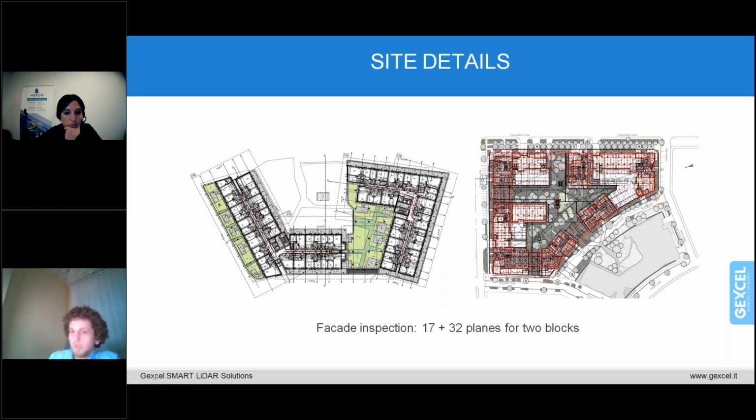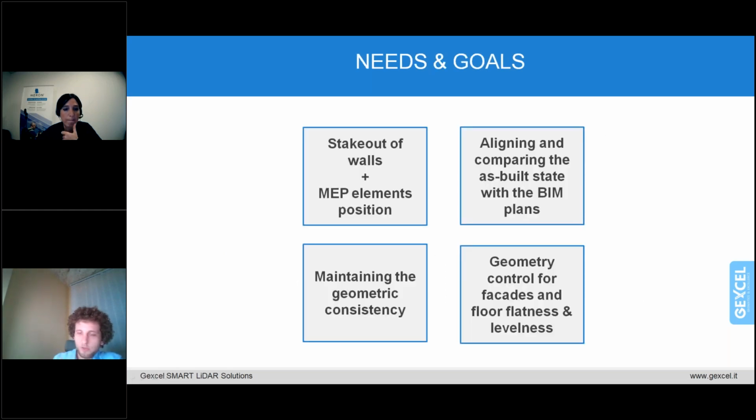Amongst many things, on this site we had to control the position of the concrete columns. We had to analyze the floor slabs' positioning and verticality, and one of the most important things nowadays is the analysis of the as-built geometry for the concrete facades